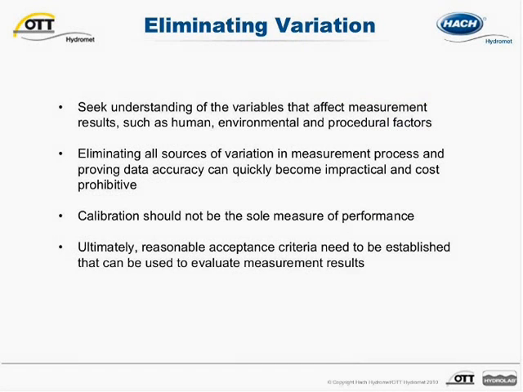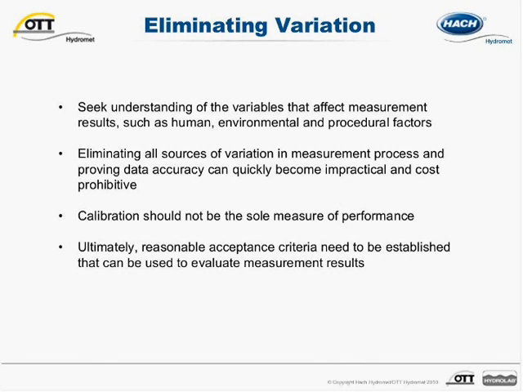A key underlying message here is that all measurement standards, and measurements for that matter, carry uncertainty. Uncertainty in measurement is driven by sources of variation in the measurement system itself, such as human, environmental, and procedural variations. Of course, to avoid a variation, it's necessary to first identify sources of variation. Some variation is avoidable, others is not. Professional judgment needs to be applied to determine the sensible limits to variation reduction.